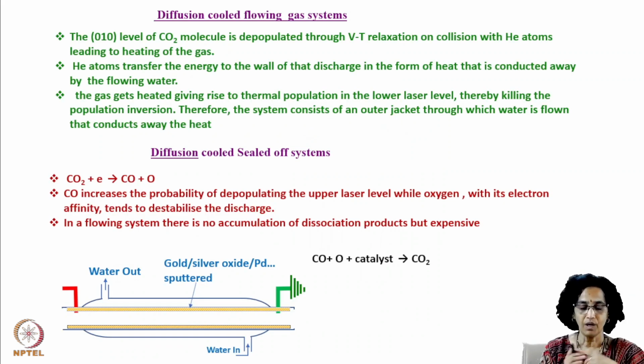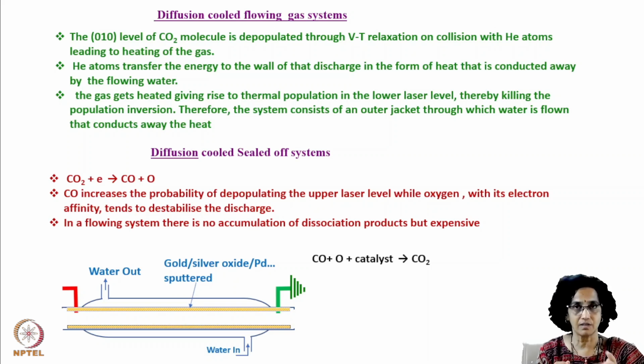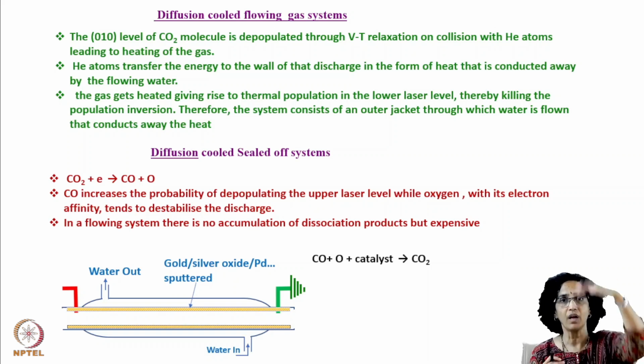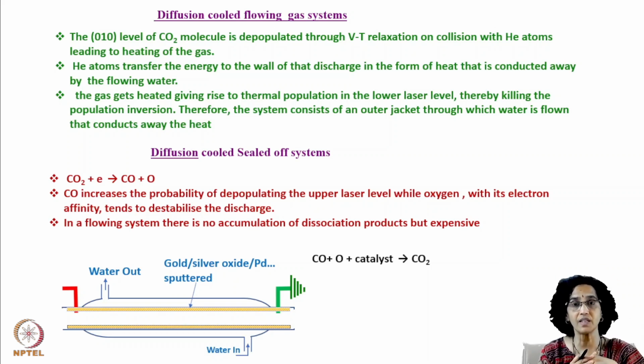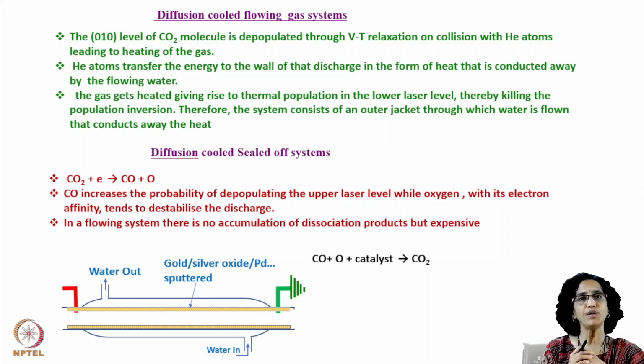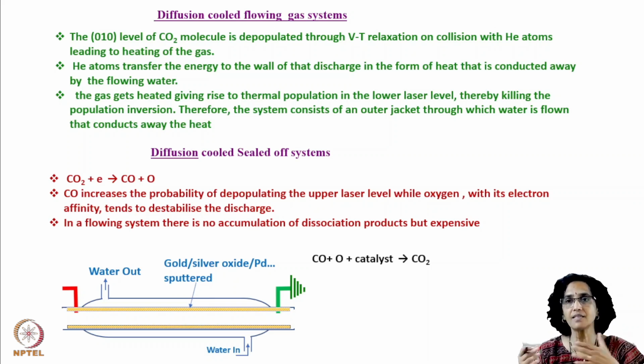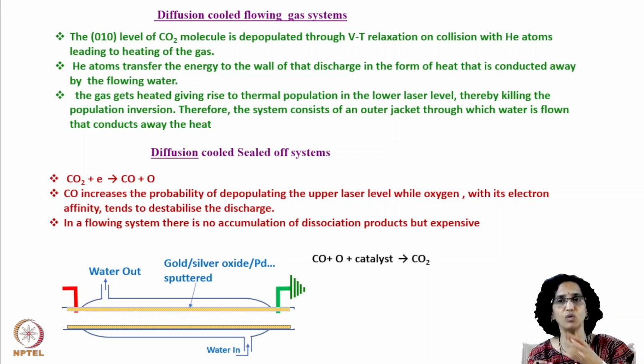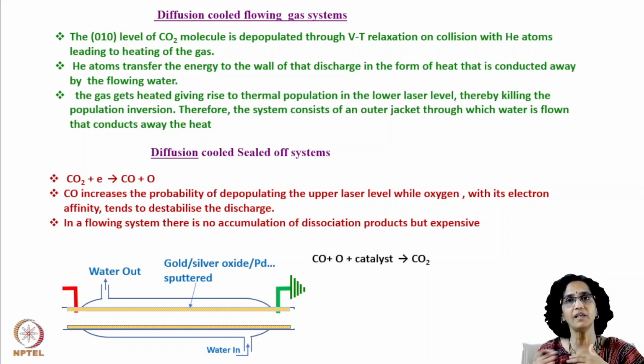But then we know that what are our discharge gases? Lasing gas mixture: CO2, nitrogen, and helium. CO2 and nitrogen are okay, but helium, which is in larger proportion, is very expensive and it is also very scarce. Right? It is a very light atom, and therefore it moves out of the atmosphere very easily. And therefore, getting helium is very difficult. And therefore, when you want to increase the output of the laser, when you want to flow the gas at a faster rate, then throwing away helium is not a very nice option.